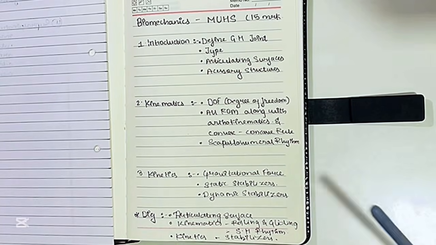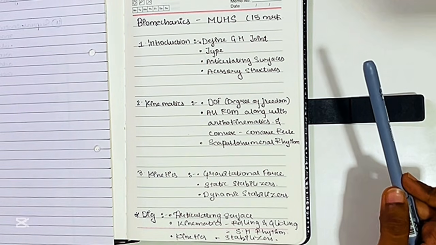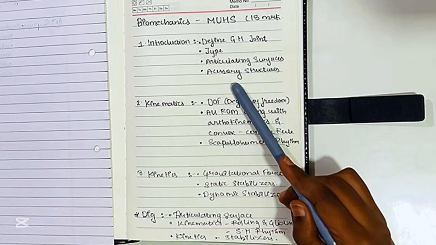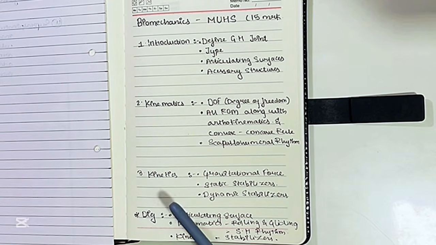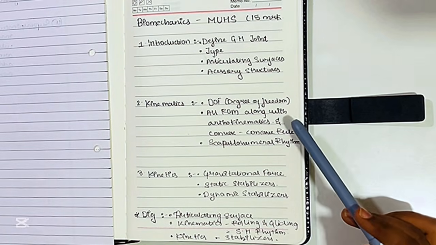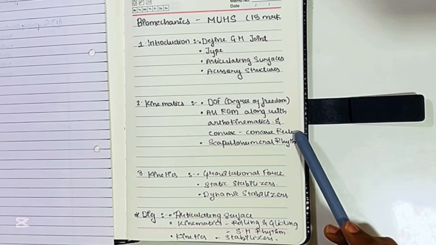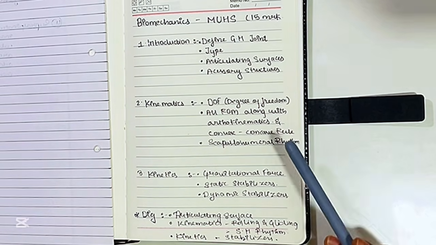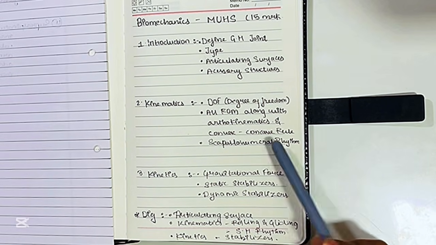What all points should be mentioned are, first, very important, you mention the introduction. Introduction includes a basic definition of the joint, and then the type of joint it is, the articulating surfaces involved to make the joint, and the accessory structures. Second, you jump on to the question. Most questions ask you to write the kinetics and kinematics of such and such joint. So you can begin with the kinematics. You write the degrees of freedom, the osteokinematics and the arthrokinematics, the concave-convex rule by which the movements are going to happen. It's very important for you to mention which joint is following which rule, either convex-concave or concave-convex.